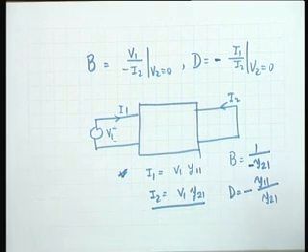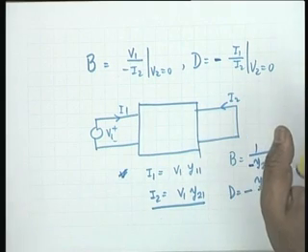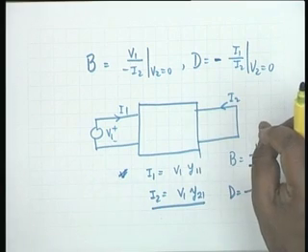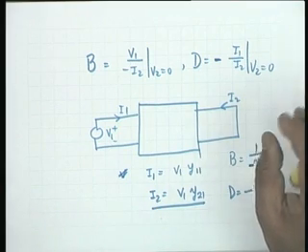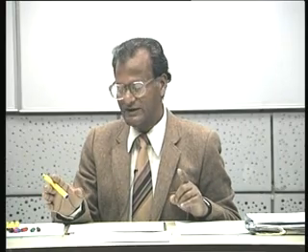Is that clear? This is an example to show that all these parameters, whether H parameter also we related to Z parameters, didn't we? We didn't relate H21 and H12, we will do that in a short while, but any set of parameters can be converted to any other set of parameters. What is the reason? Why can we do it? What is it that facilitates this conversion? Because it is a set of linear equations, two linear equations can be manipulated in any manner you like, all right, without any problem.